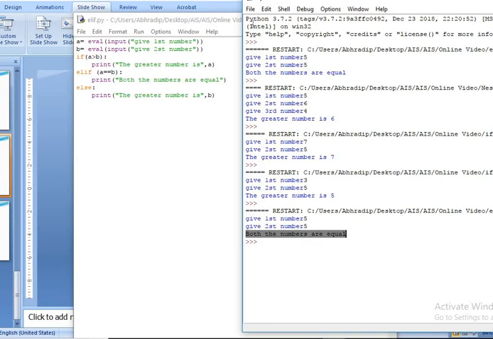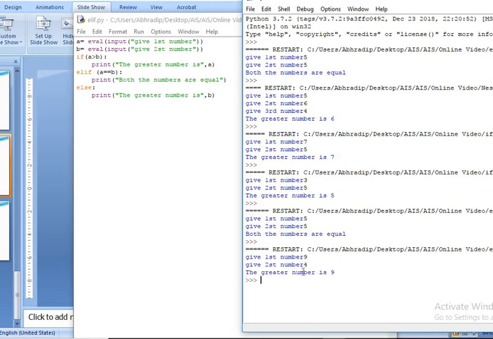If I run it once again with the first number 9 and the second number 4, then I'll get the greater number is 9 only. So it is working properly. Here I have just added a simple line of code, if A is equal to B, and for that I have used the elif.